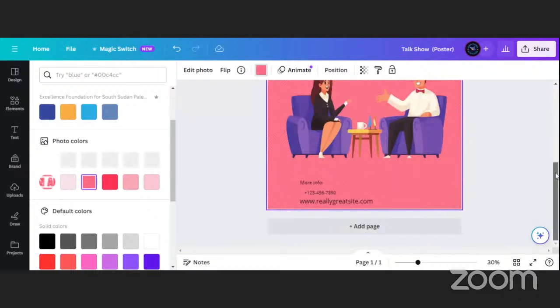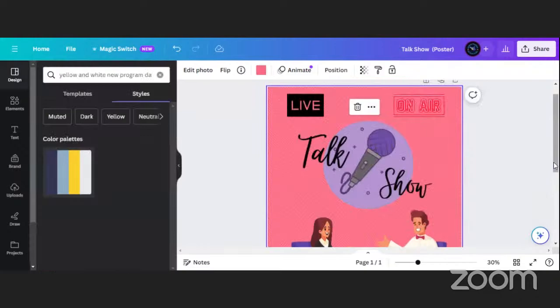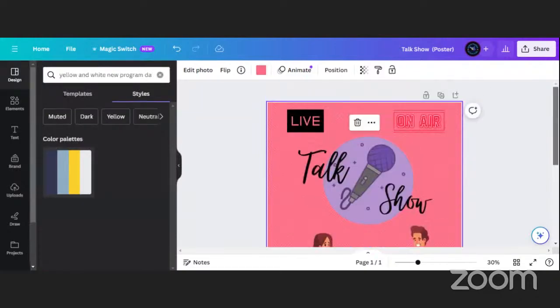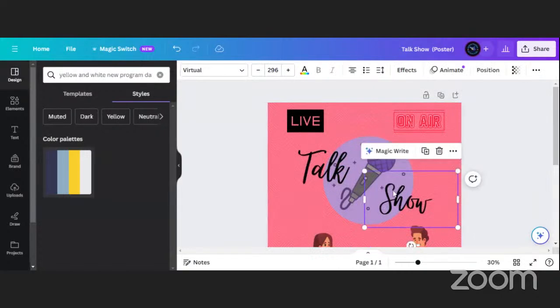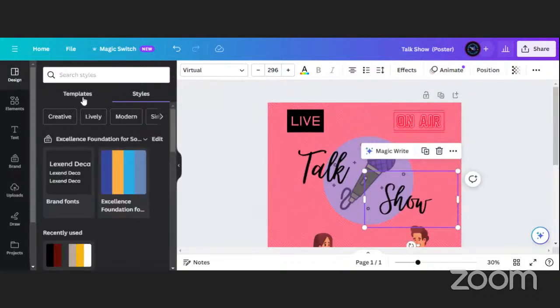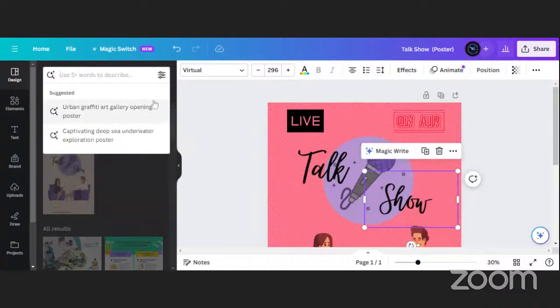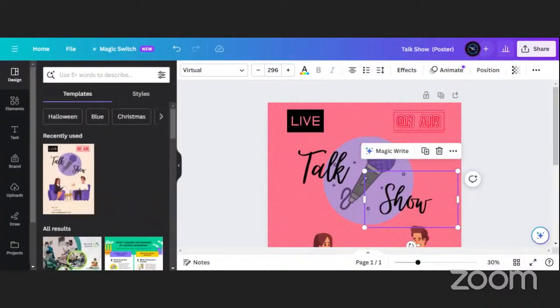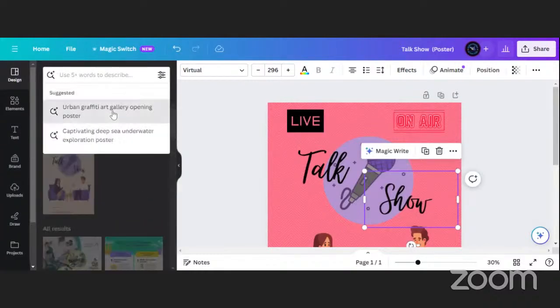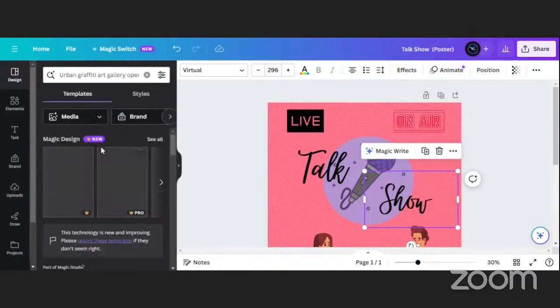So this is it, guys. Using Canva for your designing work, you can do this. You can delete. You can replace. So here you can see where you see the designs. In the design, you will see templates. So you can search for more templates by writing here. You can clear this. You can do this. There you see, the Magic Design has designed some of them here.